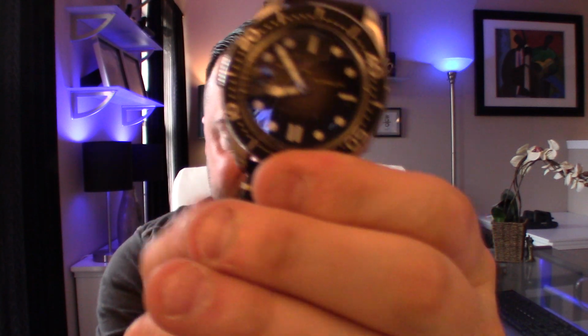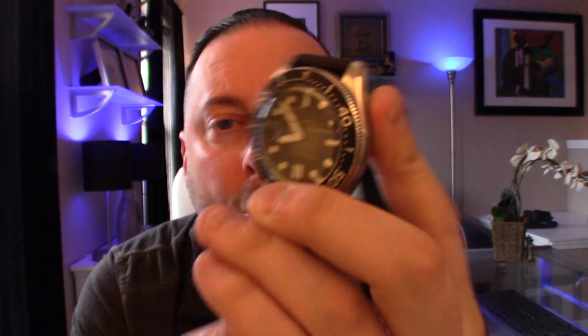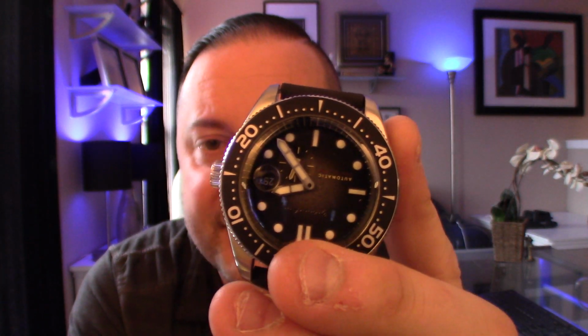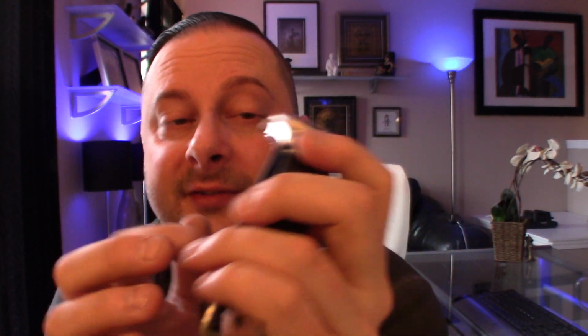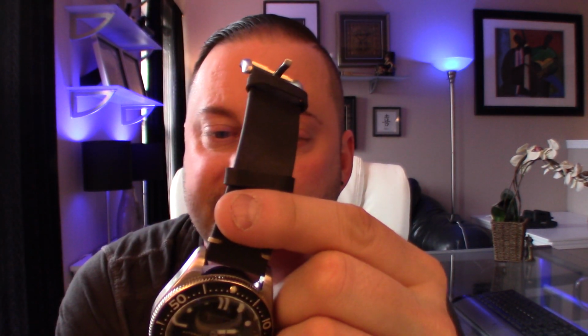And the face has kind of got this interesting starburst design where it's black and it kind of fades into what I would consider a gold on the inside. You have some excellent lume on this watch as well, although we're probably not going to be able to display this here because we're not going to turn down the lights because I don't want you guys to get mad at me. Again, powered by a